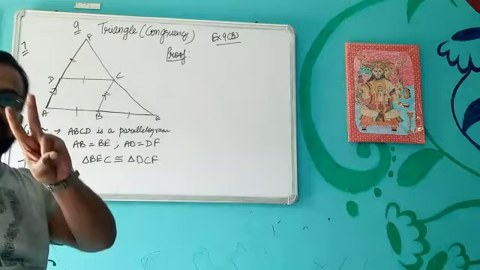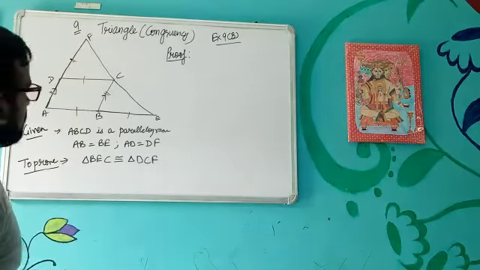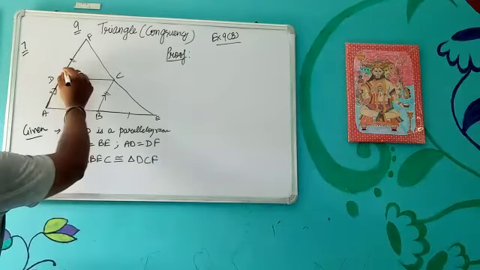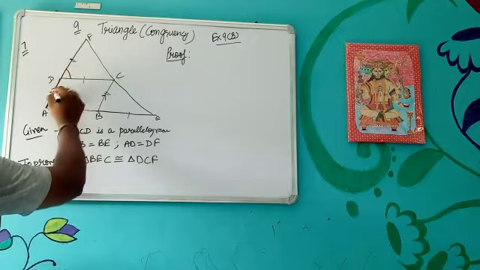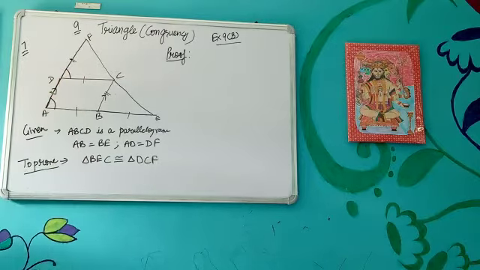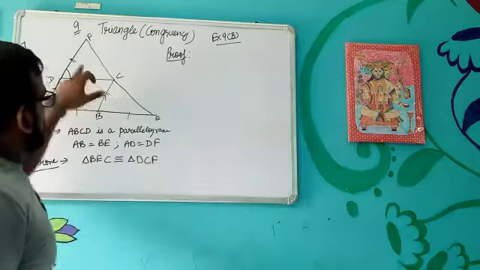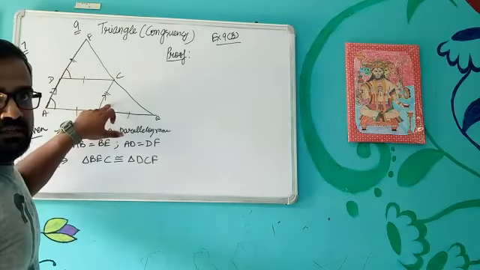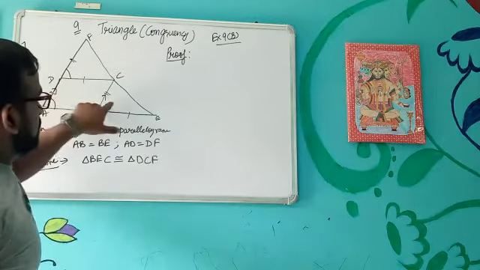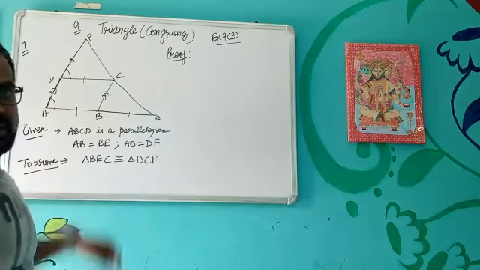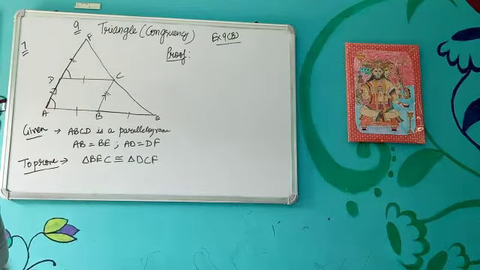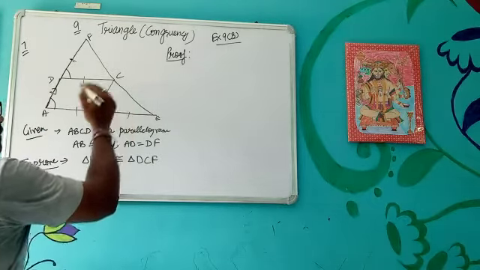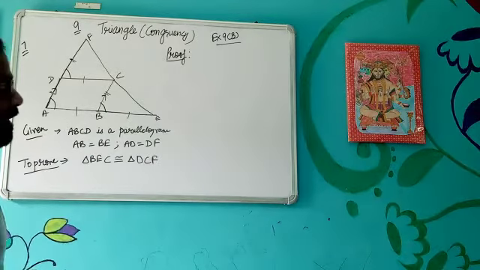So we know two sides. Now one more angle we have to prove. So this angle will be equal to this angle, corresponding angle. Similarly, this angle will be equal to this angle. Since they are parallel lines, again they are forming the corresponding angle pair. So it is also equal to this. So now we will write it.